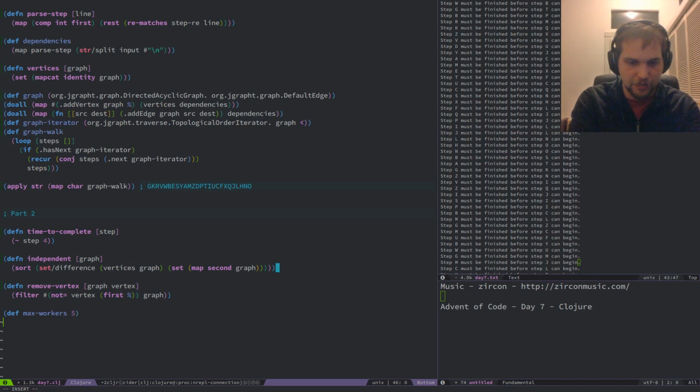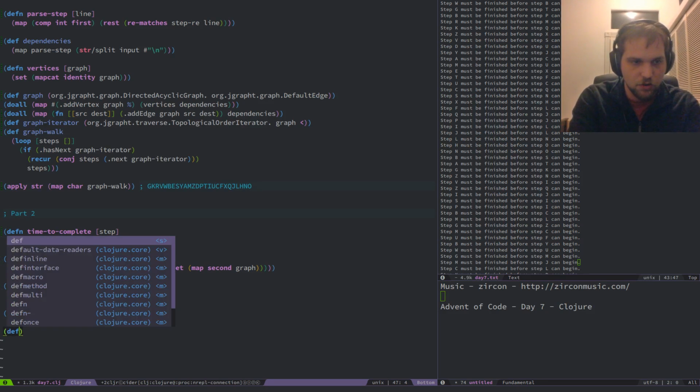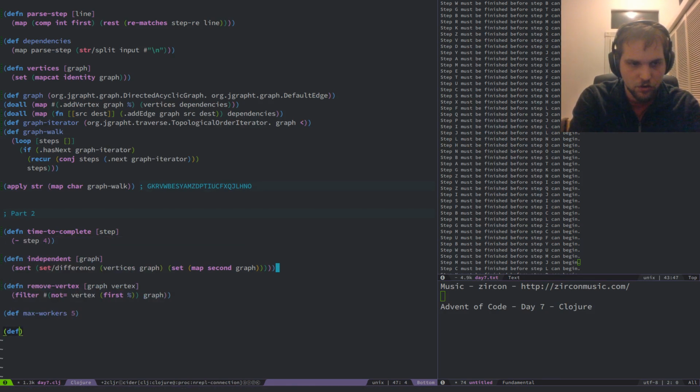Give ourselves a nice domain item there. We need to know what is excluded, so exclusions.